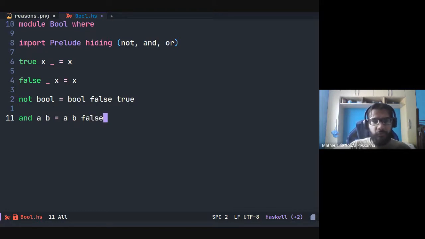I will execute this code so it will be better to see in action. And the or function also receives A and B, and applies A to true and B.